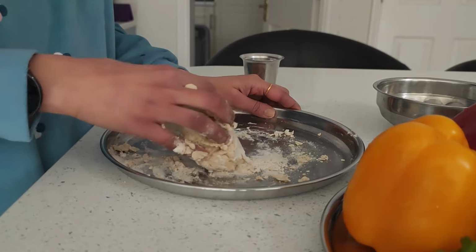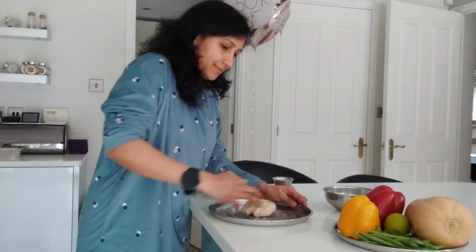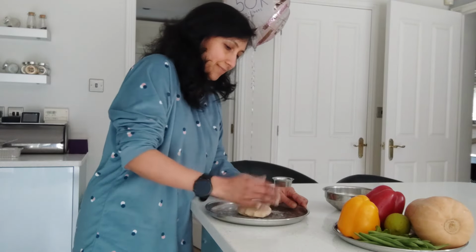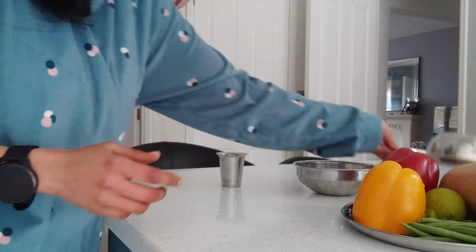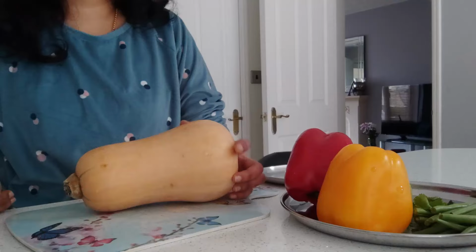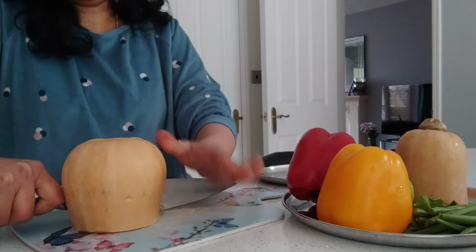I'm actually finding it so fun and relaxing to knead the dough today. I normally use the food processor, but today it's a very small portion, so I'm just kneading it with my hand. While the dough rests, I have a butternut squash, red bell pepper, yellow bell pepper, a handful of beans,